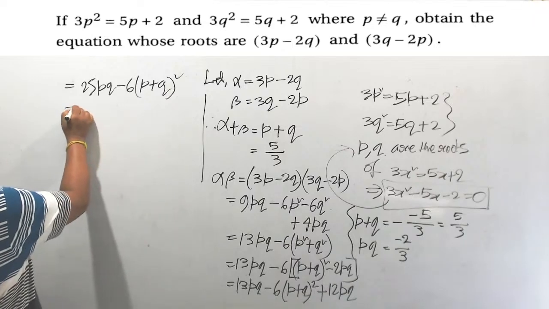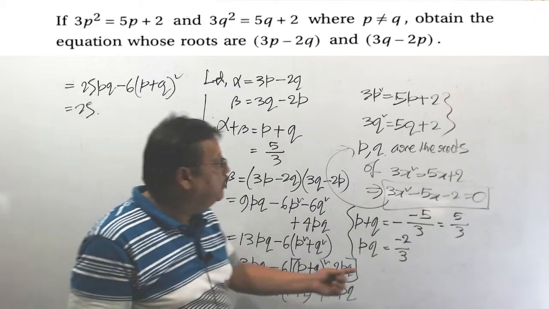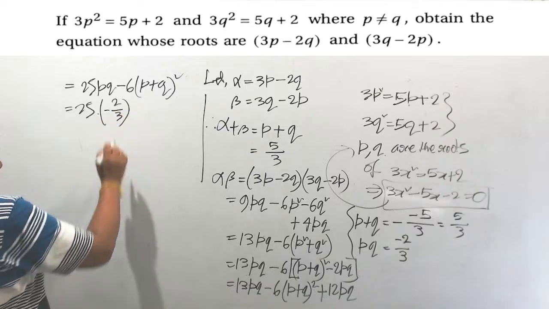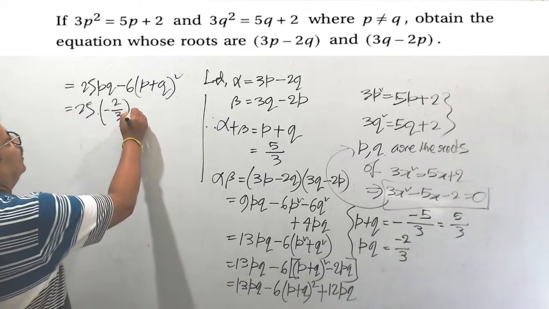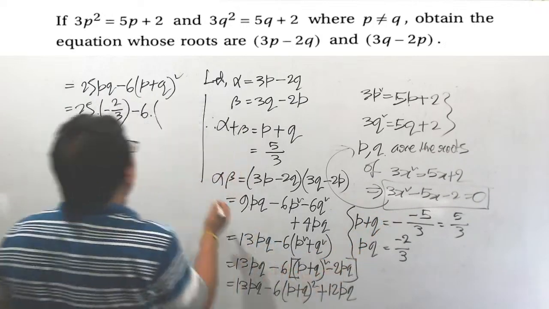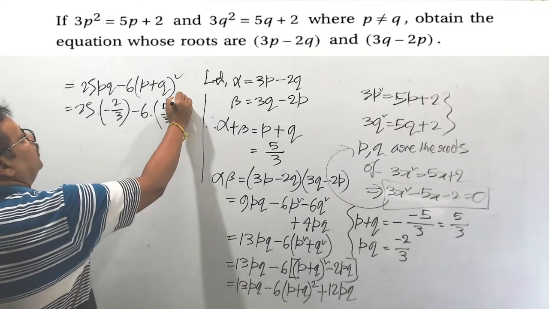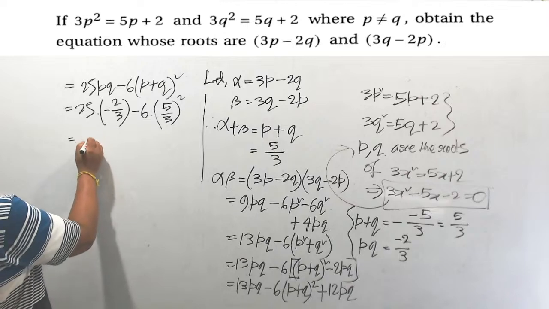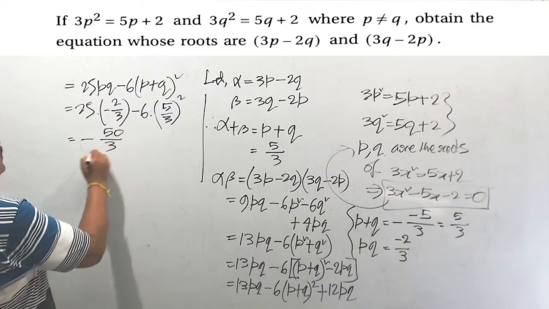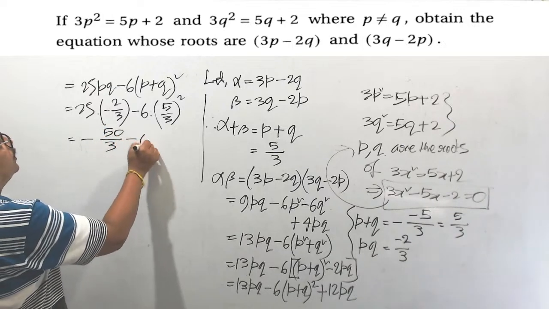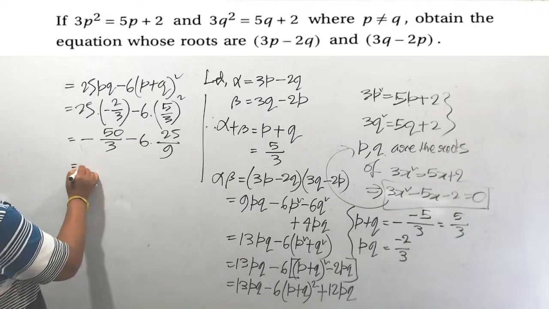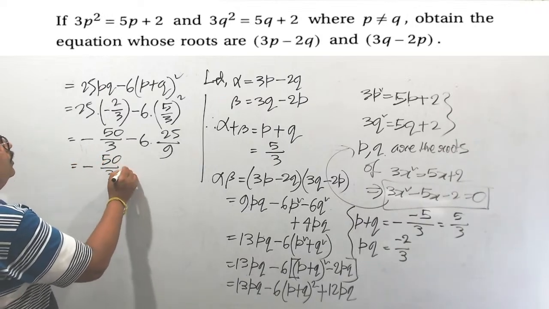Now put the values, 25 into, what is the value of pq? Pq is minus 2 by 3, minus 2 by 3. Minus 6 into, what is the value of p plus q? P plus q is 5 by 3, 5 by 3 whole square. Now simplify. Minus 50 by 3 minus 6 into 25 by 9, this is equal to minus 50 by 3 minus